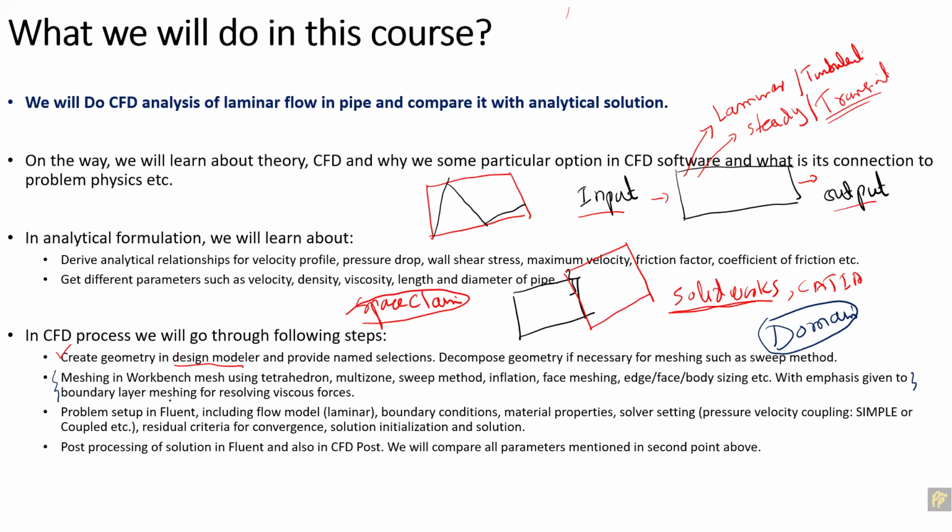Second question is how fine your mesh should be, and that aspect you have to decide: whether your tetrahedron meshing or hexa meshing should be done. Then what should be the cell size on different surfaces, what should be the inflation, how many inflation layers should be there, what should be the first cell height, what should be the number of total layers in the boundary layer,